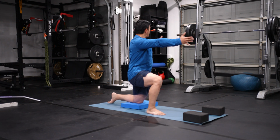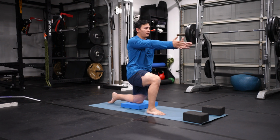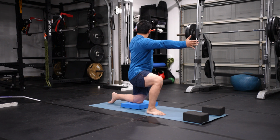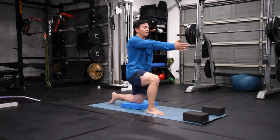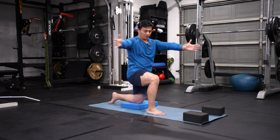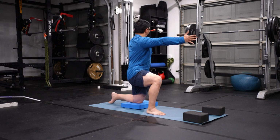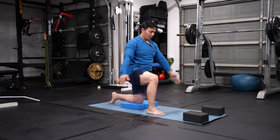4, 5, 6, 7. Only go to the point where it doesn't hurt. 8, 9, 10. Good. If you're feeling tired,